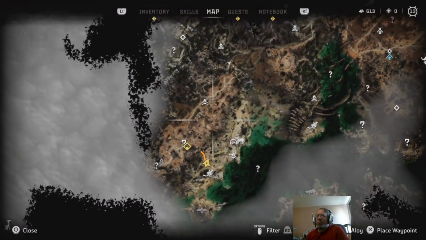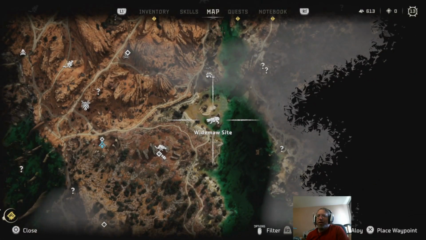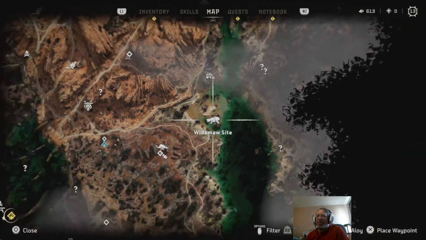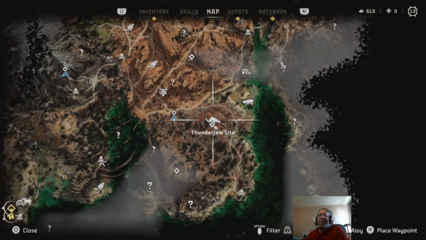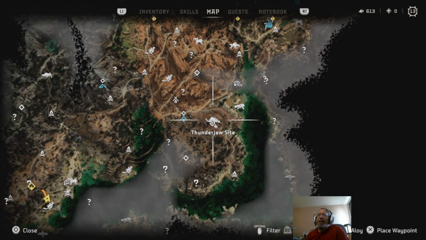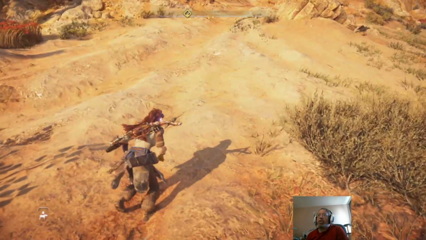Also, I grabbed some more campfires and that sort of thing. I fought a hippo. This is a robo-hippo. That is amazing. I tried to fight a Thunderjaw. No, that's a very bad idea at this stage of the game. I did 1 point of damage. And considering it probably has like 20,000 hit points or something like that. Yeah, no. Just no.